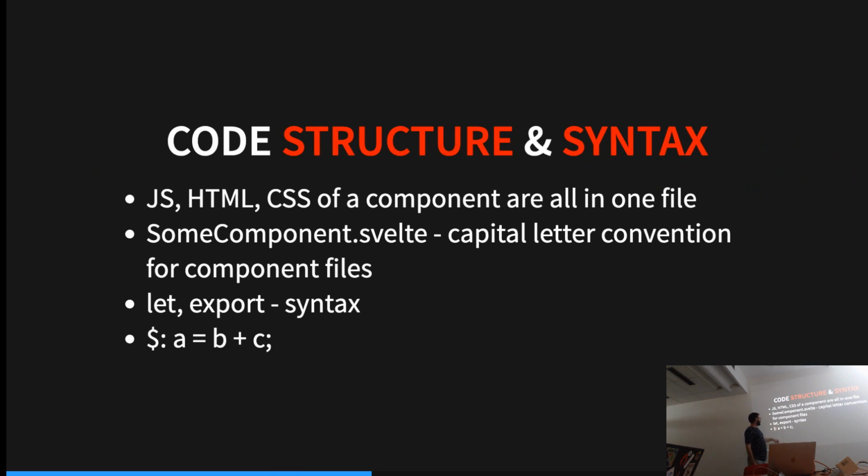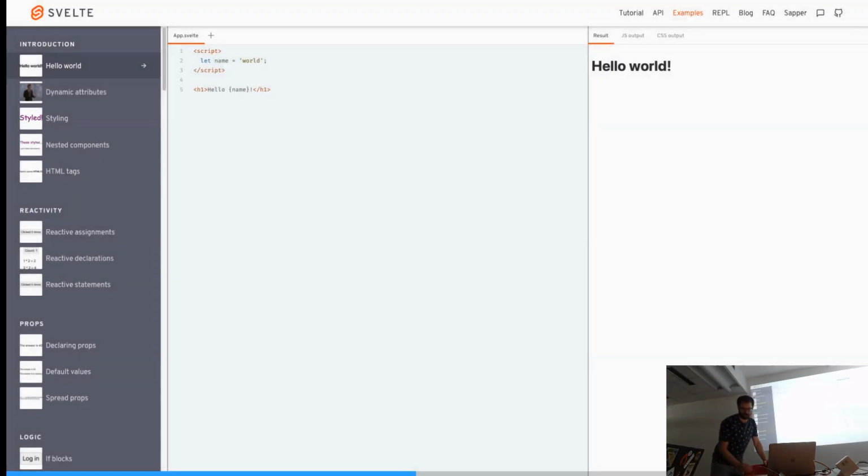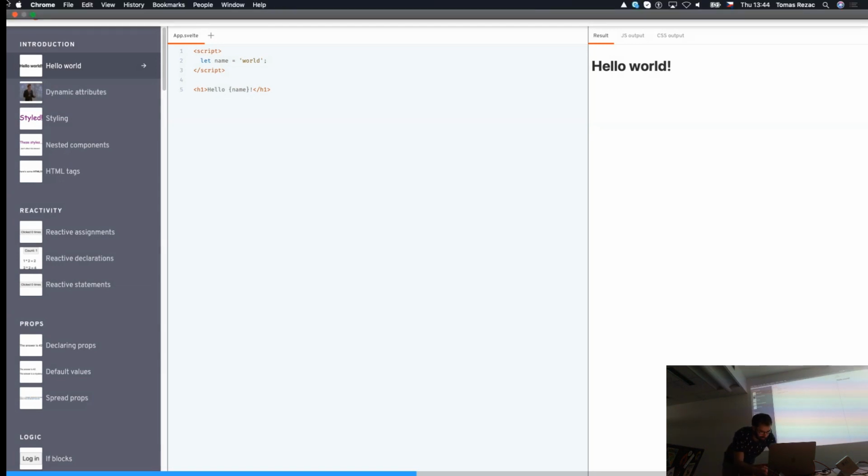So you declare A equal B plus C, and whenever B or C change, then A is again computed out of the box. So if you use A in your template and you change B anywhere in your app, then A is also recomputed and changed in the template. It's a super easy syntax, as it kind of tricks the real JavaScript. You use a very simple way of doing these computed properties, subscribing, similar to streams and so on. So probably it will be way easier to find in some examples.